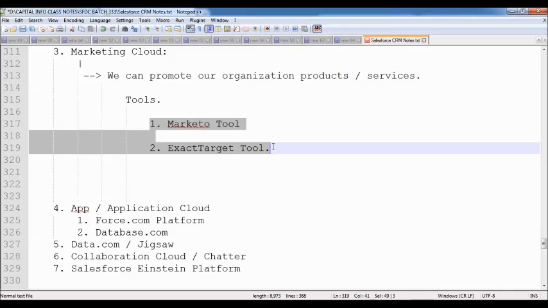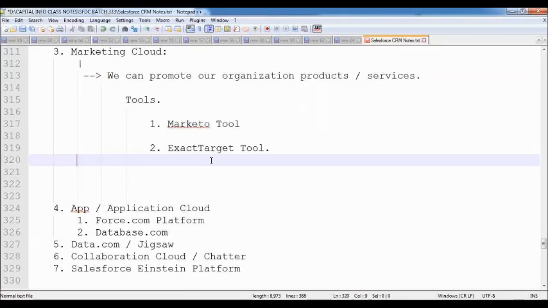These people use these tools because they have a brand name in the market. Those are very big organizations with millions of customers, generating huge revenue. So those people are able to buy the license of Marketo or the Exact Target tool.